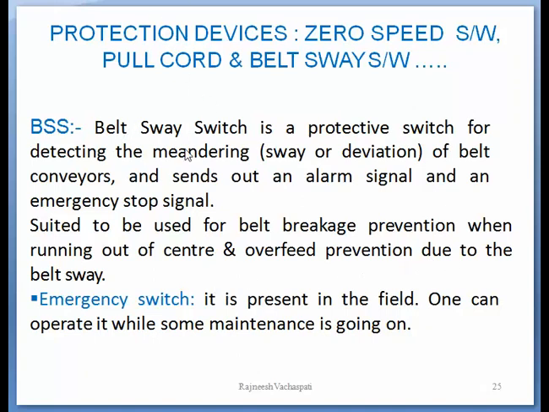Basically, it safeguards the conveyor belt from breakage. Then there is an emergency switch which is present in the field, and one can operate it if there is